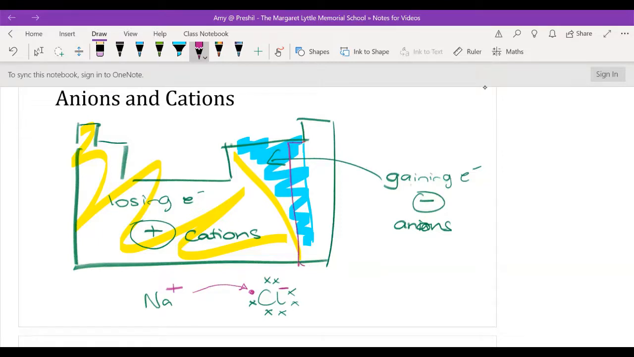These guys all have very predictable names when they become anions. So chlorine becomes chloride, fluorine becomes fluoride, and you get absolutely 0 points